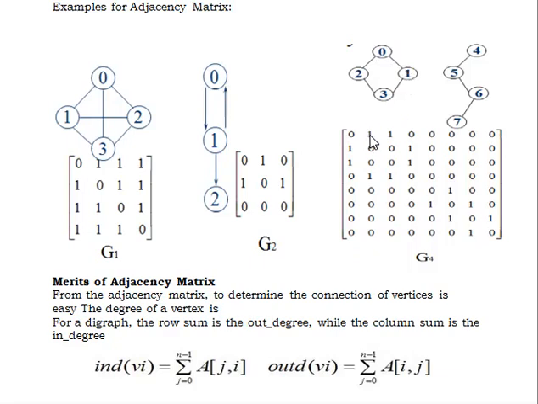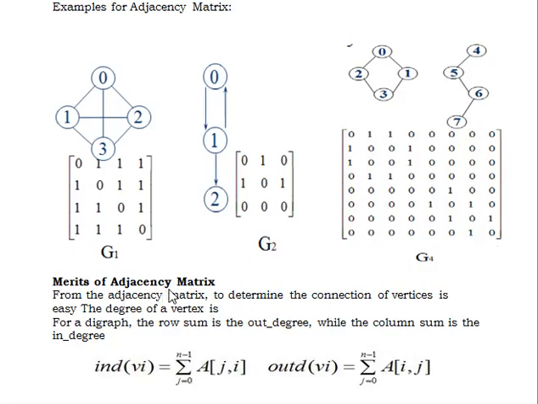So it is represented as 1, and 0 comma 2 is also visible, so 1 will be represented, and 0 comma 3 is not visible. 0 comma 4, 0 comma 5, 0 comma 6, 0 comma 7 are not visible for visit to the other vertices, so we just represent 0. Similarly, we have to fill the matrix based on visibility as 1, otherwise 0. Based on this, we have to frame the matrix.